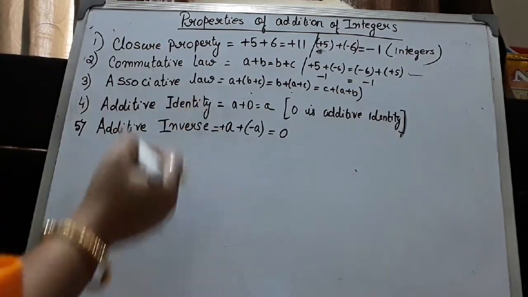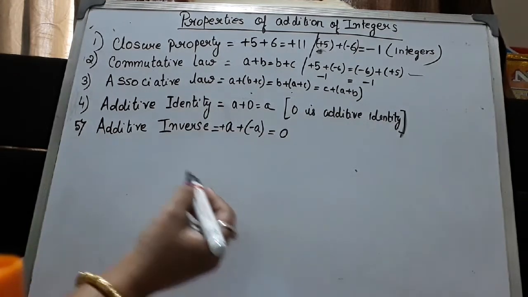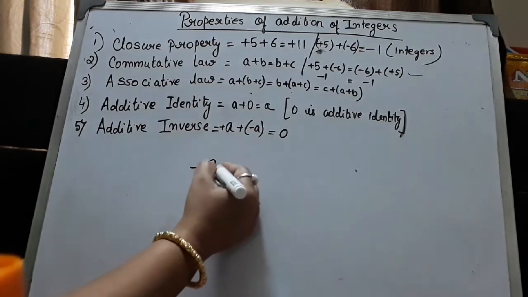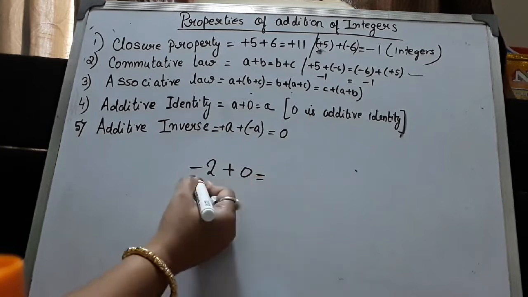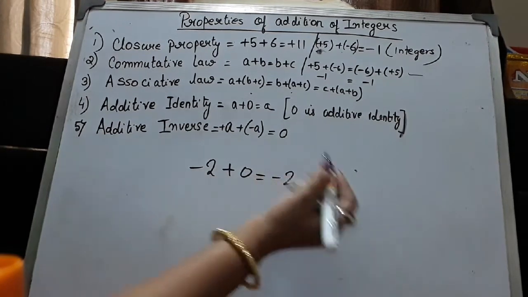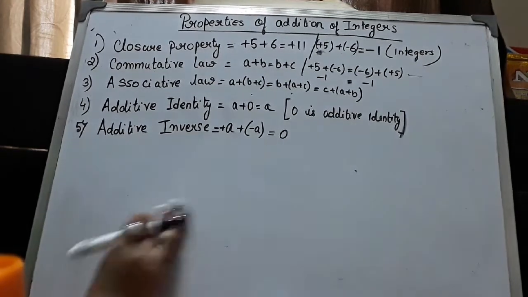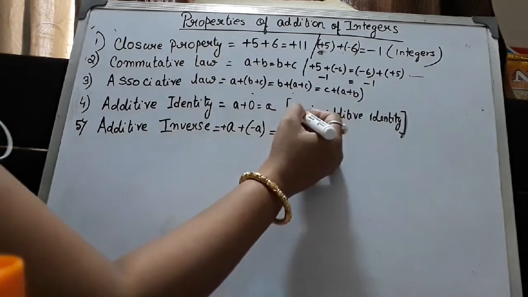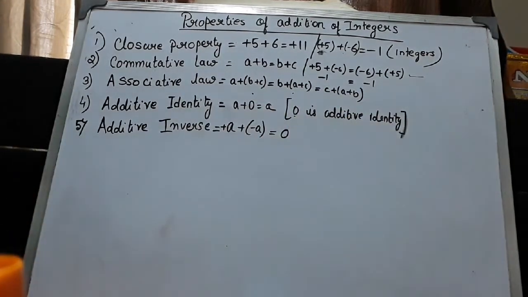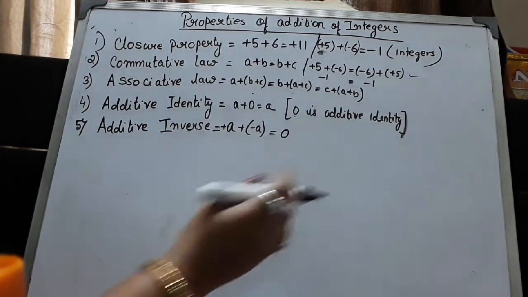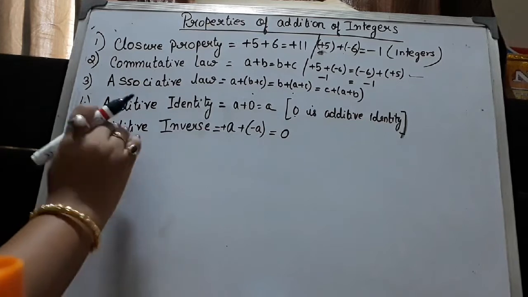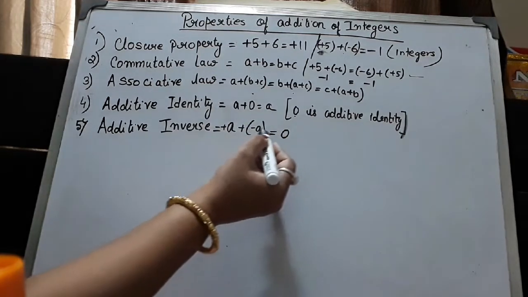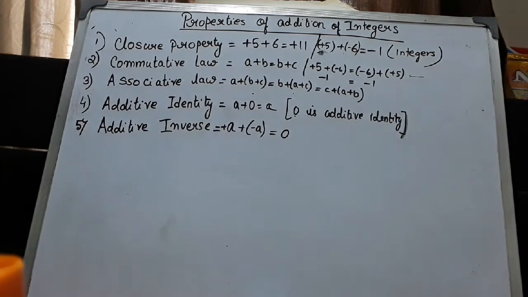Then comes additive identity. Whenever you add any integer with 0, the answer will be that number itself. It can be a negative number also. Okay, minus 2 plus 0, your answer will be minus 2 only. So nothing is going to change. Whatever is a, that answer will only come. That is because 0 is called additive identity. Question can come, dash is additive identity, so your answer will be 0. Then additive inverse, whenever you add any digit with its inverse, the answer will be 0. I hope it is clear.